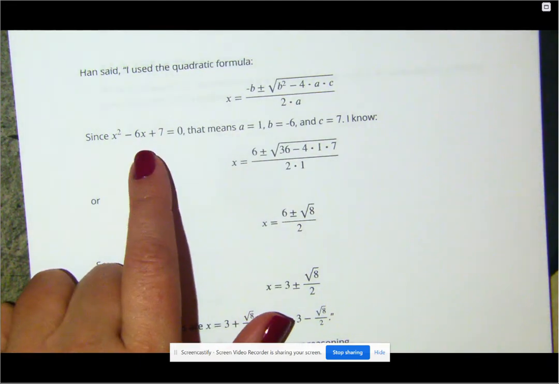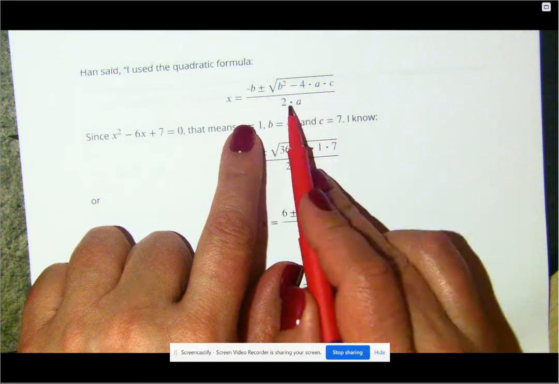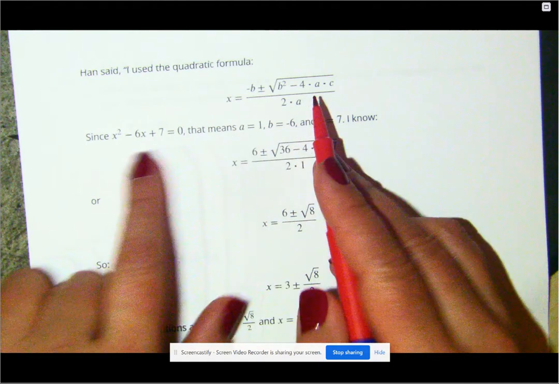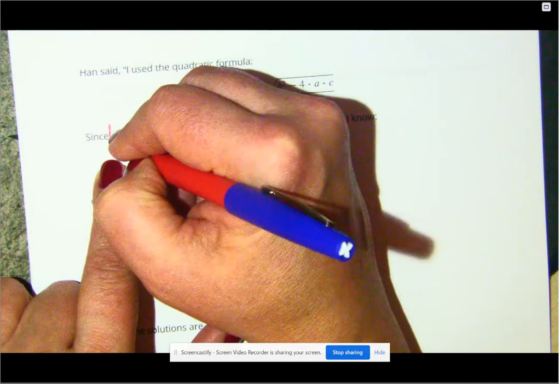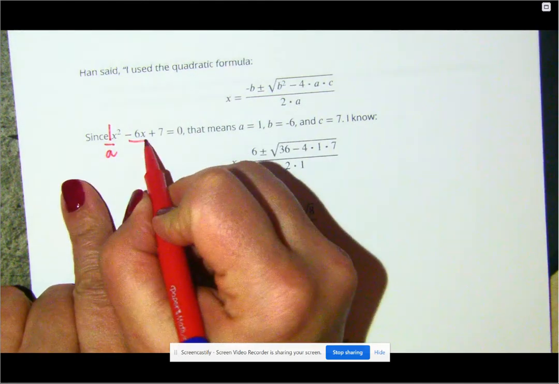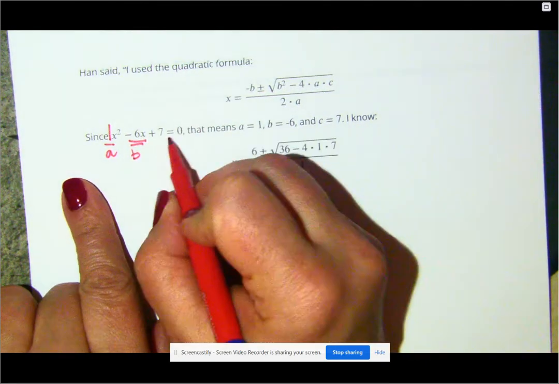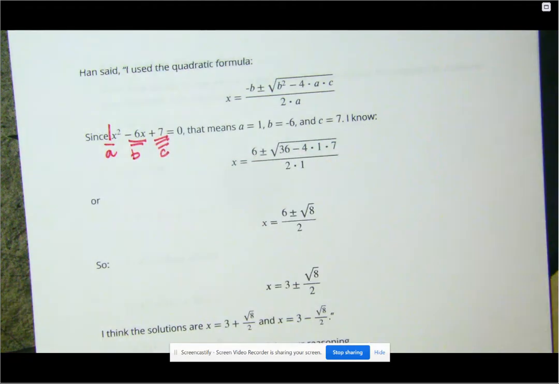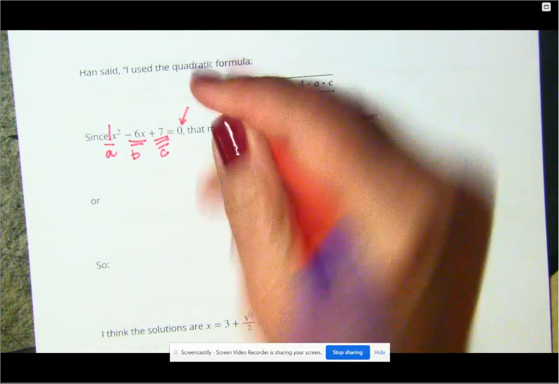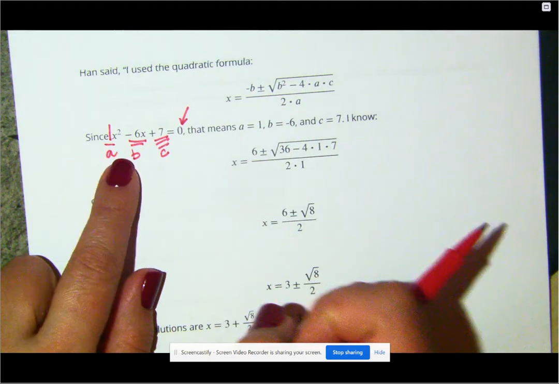When you use the quadratic formula, you need these, look at the letters in here. You need an A, a B, and a C. A is the number right here in front of x squared. B is always the number in front of x. And then C is your constant. And you can't get those, okay? You have to make sure that this says 0 before you identify those 3 things. Then once you figure those out, you're just going to take those numbers and you're going to plug them into